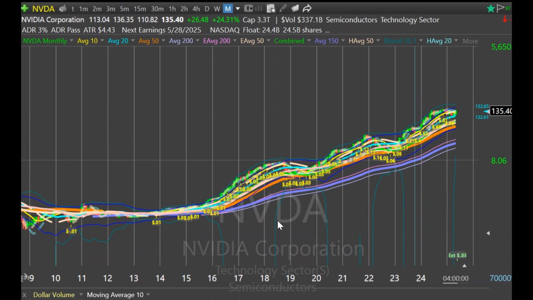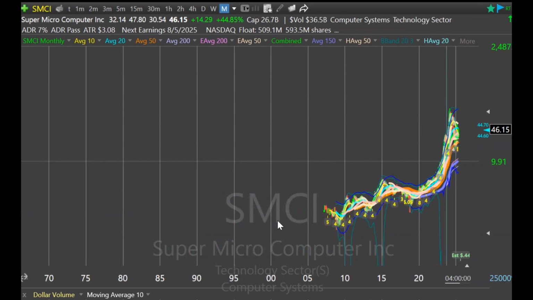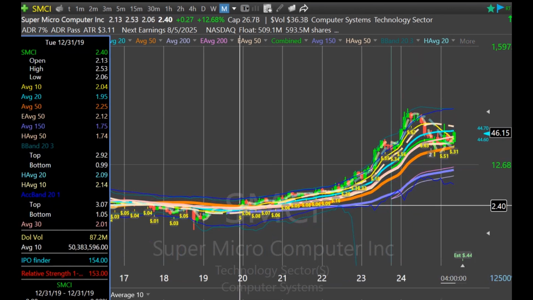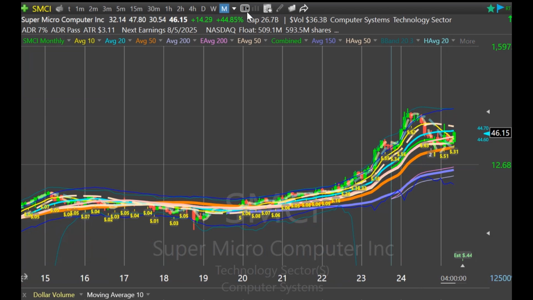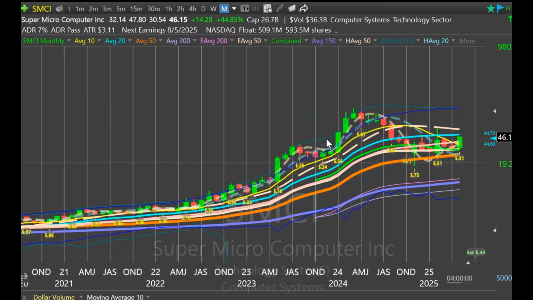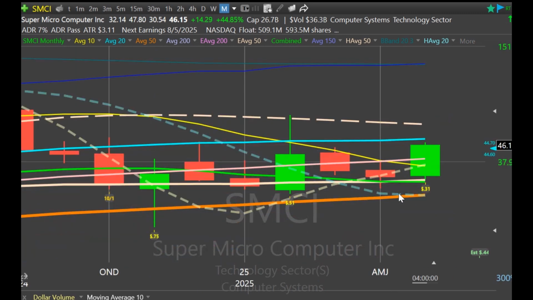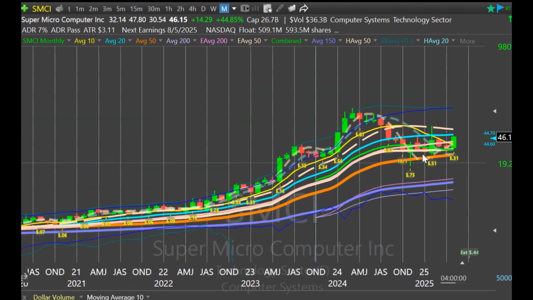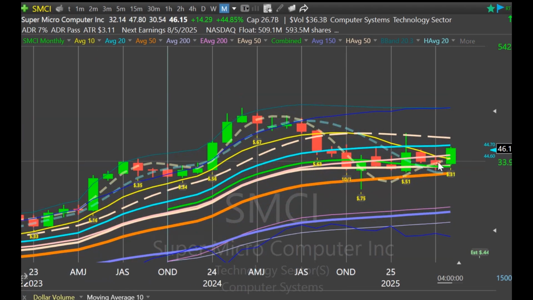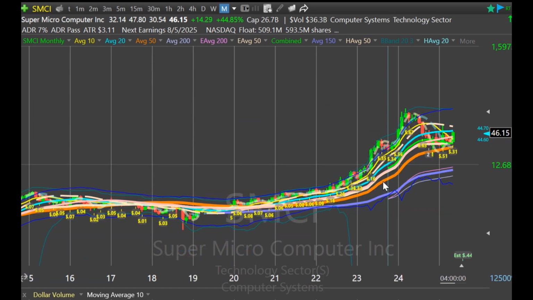So there are other stocks I think that are in this. I think Supermicro might be another example here, and this has been crazy. It's gone up 4,000% in 5 years. For a big company, that's a lot, like a $26 billion cap. Small stocks can do this in a matter of days or weeks sometimes, but it looks like we might just be at another bottom here, although we've been here for 7, 8 months. But I do think NVIDIA might be taking off again here.